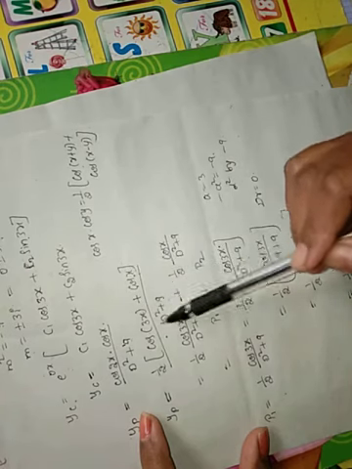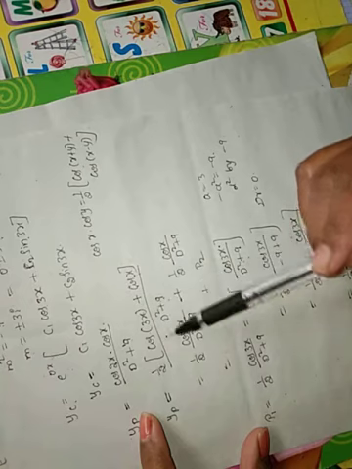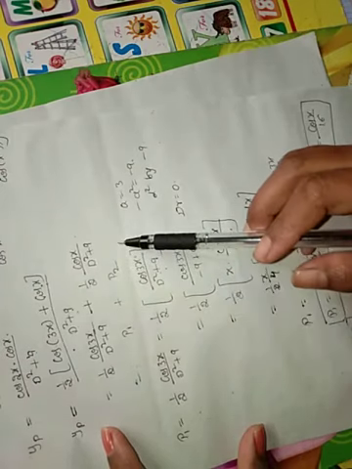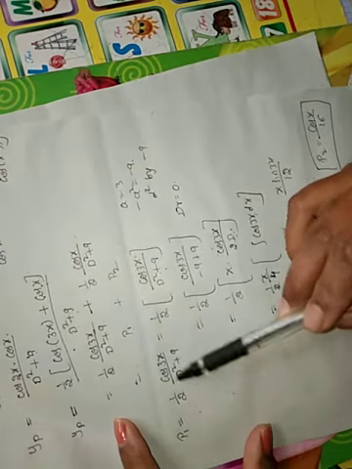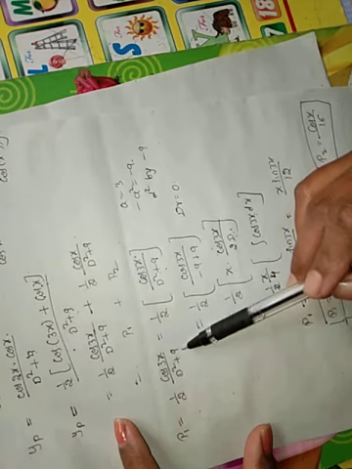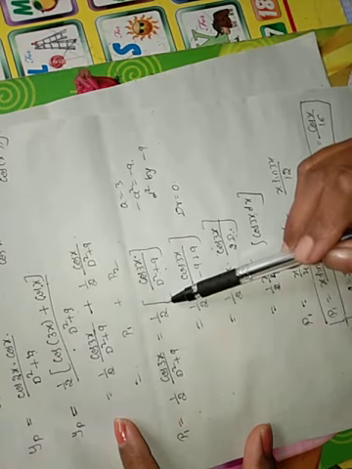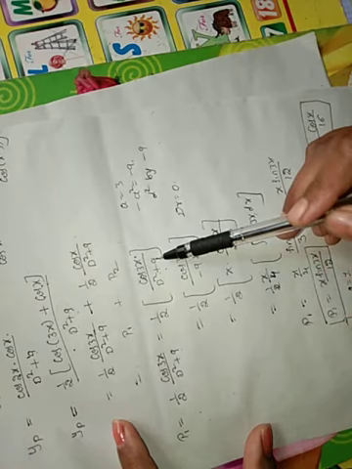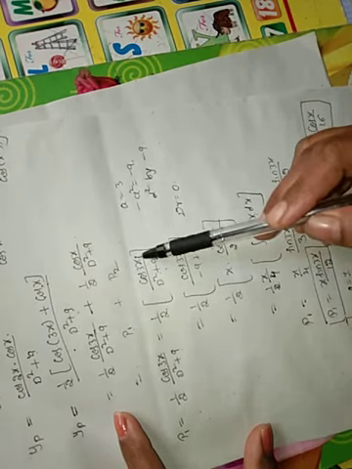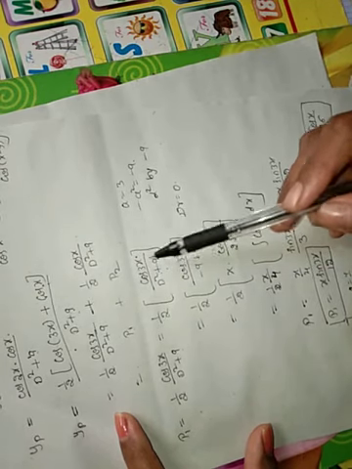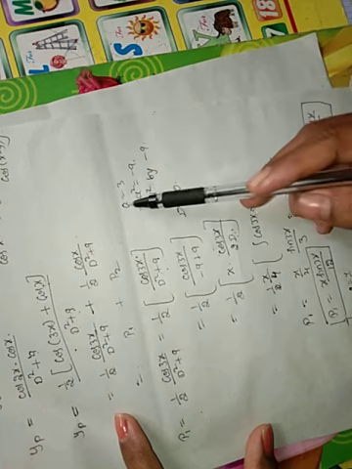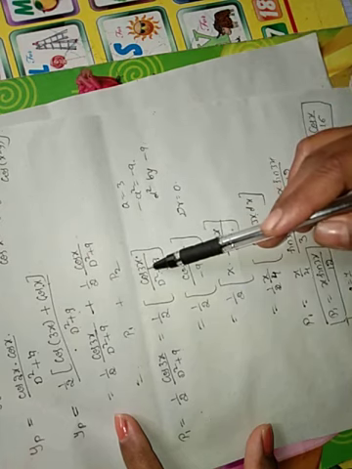Split the denominator to both the numerator functions. When you split the denominator to both the numerator functions, you have to apply the formulas separately for both the functions, so I am considering those as P1 and P2. So P1 equal to 1 by 2 cos 3x divided by D square plus 9. Keep your 1 by 2 as it is outside. So cos 3x divided by D square plus 9. So it is in the form of cos ax by f of D. In the cos ax by f of D, replace the D square by minus a square. Here a equal to 3, means coefficient of x is 3.